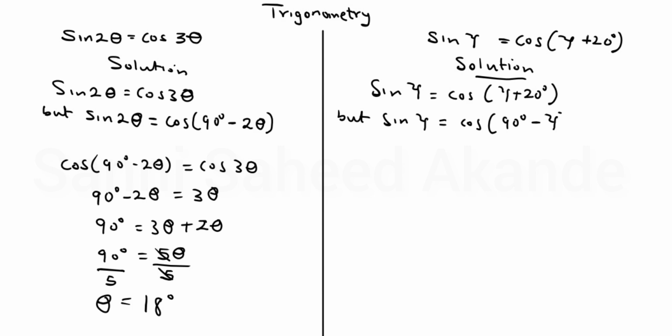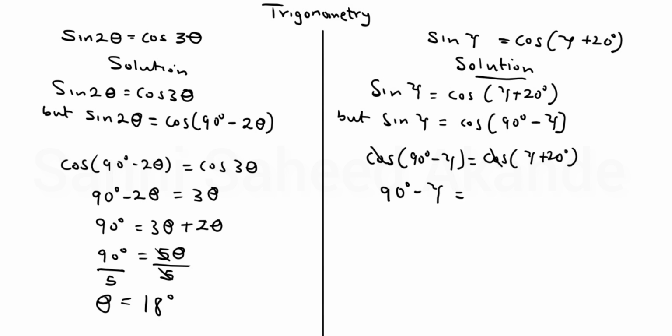So substitute that, we have cos open bracket 90 degrees minus gamma, equal to cos open bracket gamma plus 20 degrees. So the cos cancels out, so we are left with 90 degrees minus gamma equal to gamma plus